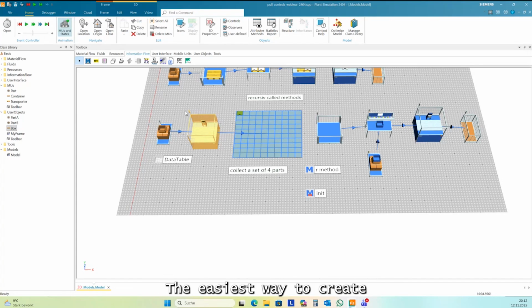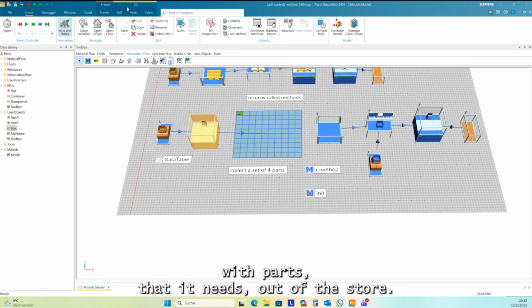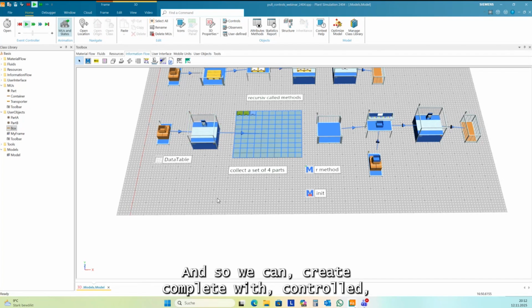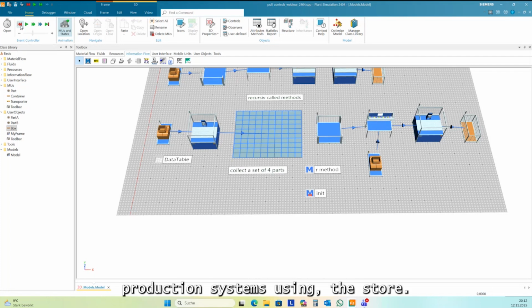The easiest way to create pull controls in Plant Simulation is to use the assembly station. The assembly station is able to pull parts that it needs out of the store. And so we can create complete pull controlled production systems using the store.